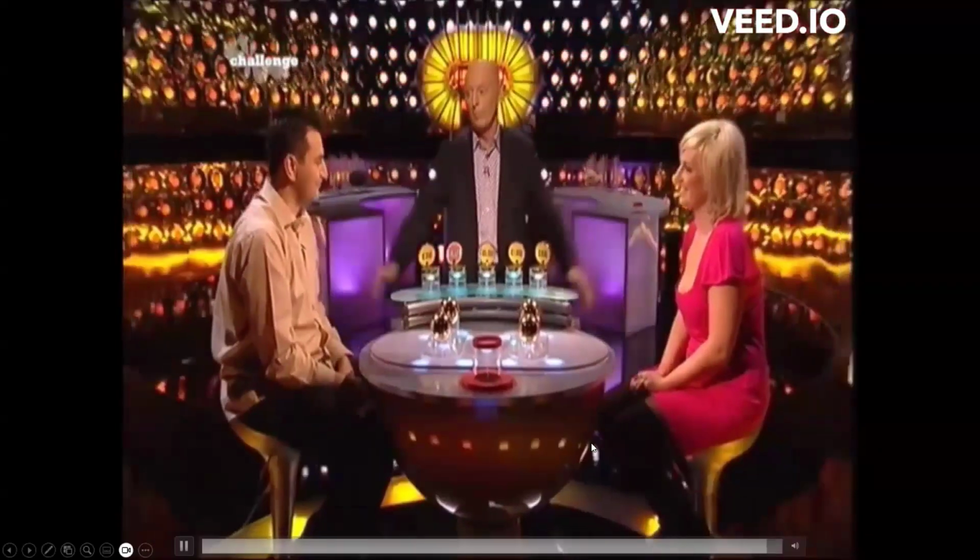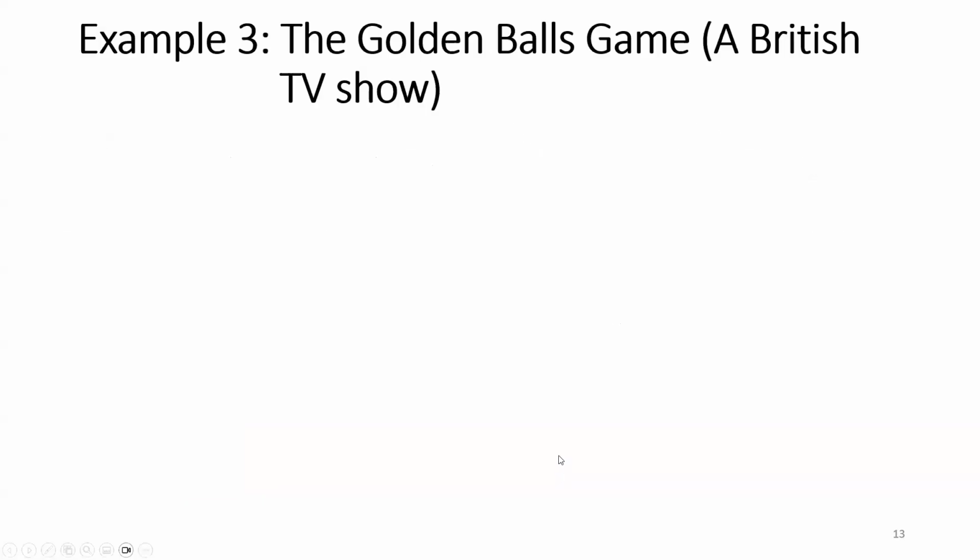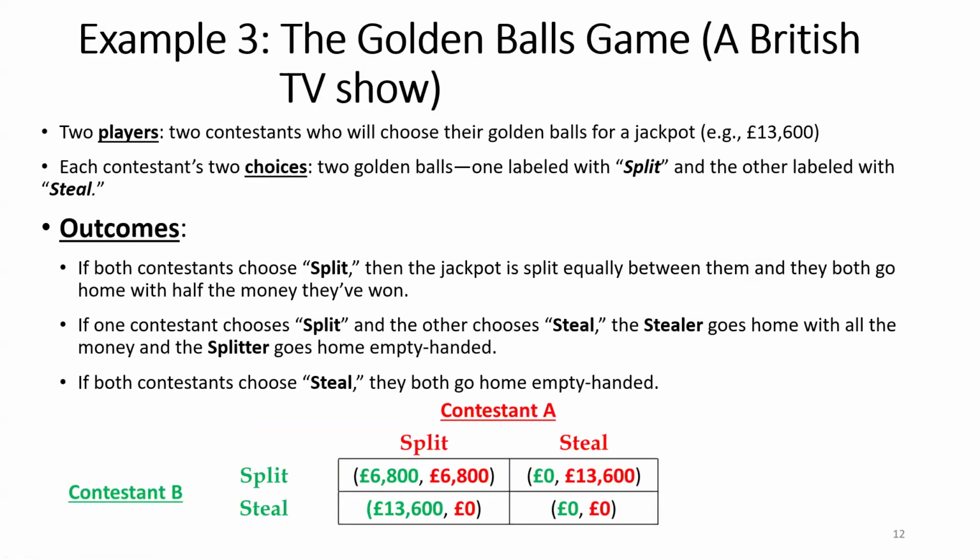So let's go back to the normal form of this game. In the first one, this is one of the four outcomes: a big agreement before making the choice. The one broke the agreement and chose steal, and then the woman chose split. Well, the woman gets nothing. In the second part of the video, both chose split, right? Then here,